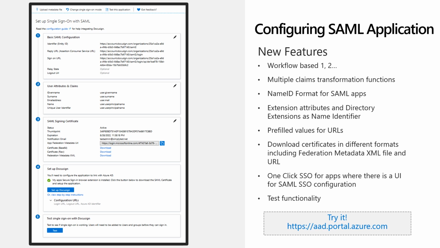These extensions generally appear like extension underscore some alphanumeric value, which is a GUID, and underscore your attribute name. It can be underscore employee ID or cost center or something you want to sync from your on-premise to Azure Active Directory. So this is the new feature which we have added.